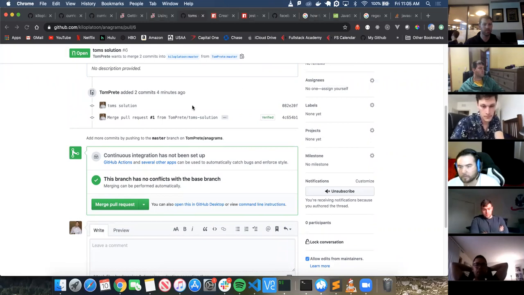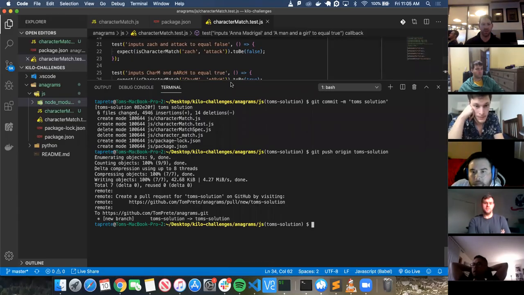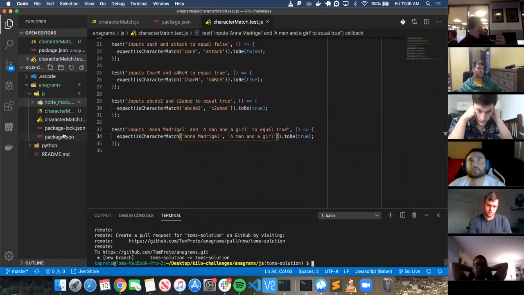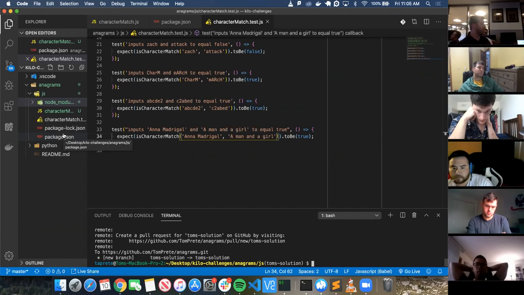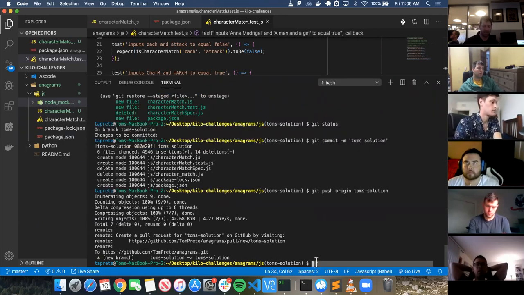So if the person is going to fork it, they still have to download the node modules again, right? The question was, if all this stuff is already up here, like the package.json, and you fork a repository that has a package.json file, would you have to install node modules and everything again? The answer is yes, but there's an easy way to do it. When you fork and download a repository that has a package.json file on it,